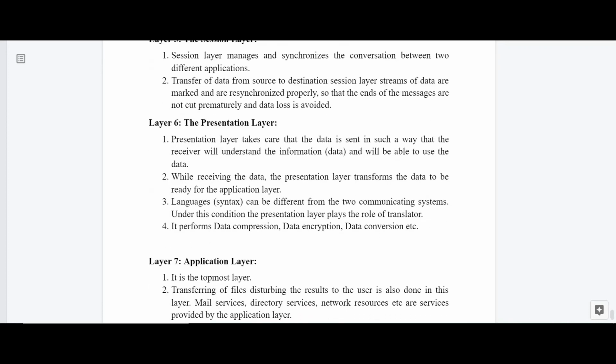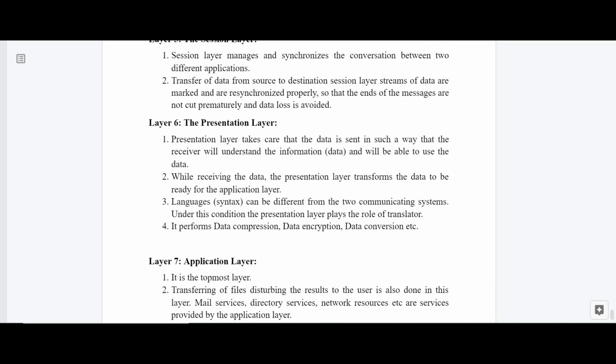Next is the presentation layer. The presentation layer takes care that data is sent in such a way that the receiver will understand the information and be able to use the data. So the data is turned into a presentable form, we can say. While receiving the data, the presentation layer transforms the data to be ready for the application layer.